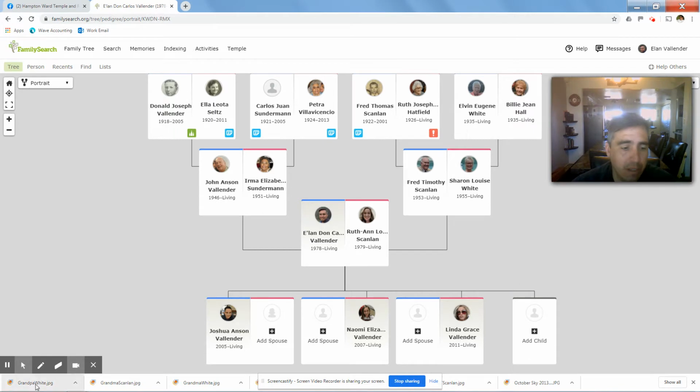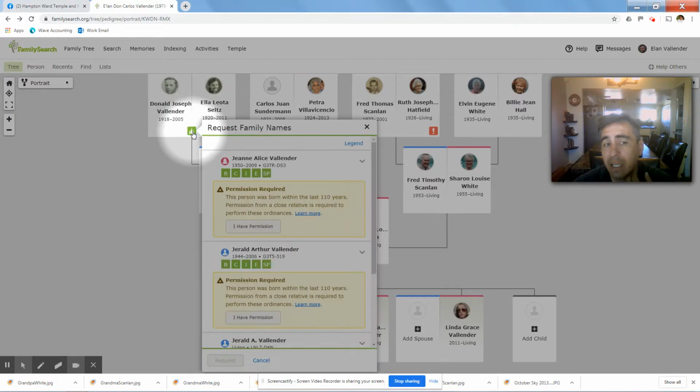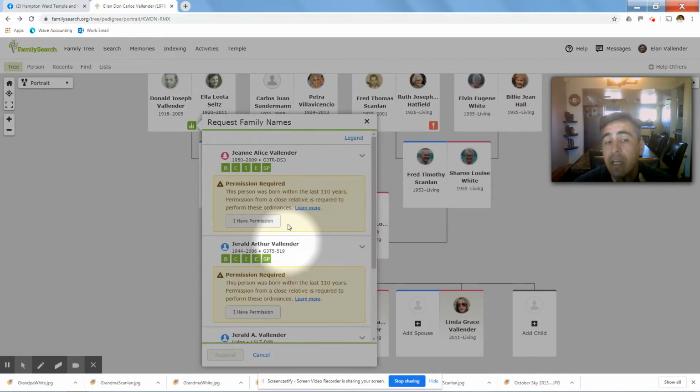The first icon that you probably are aware of as a member of the church is a temple icon. A green temple icon indicates that there are records that you can request to be able to do the ordinances for. In this particular case, children of Don and Ella Seltz, my grandparents, have passed away. But as we know, anybody that has died, or was born within the last 110 years,